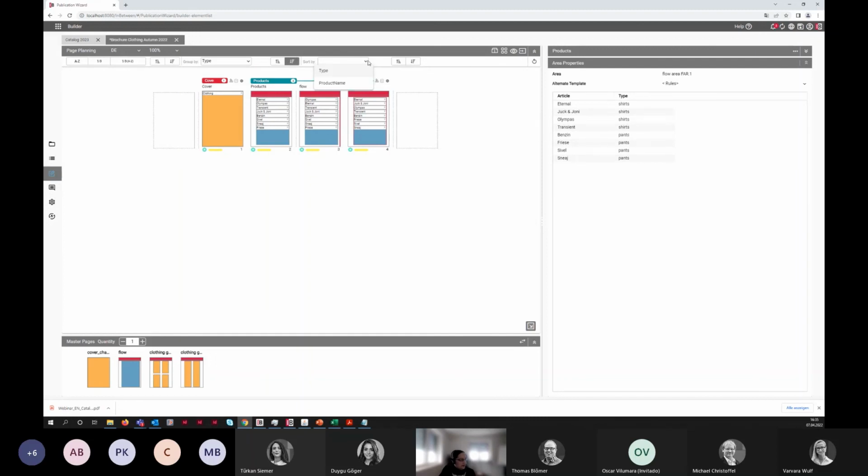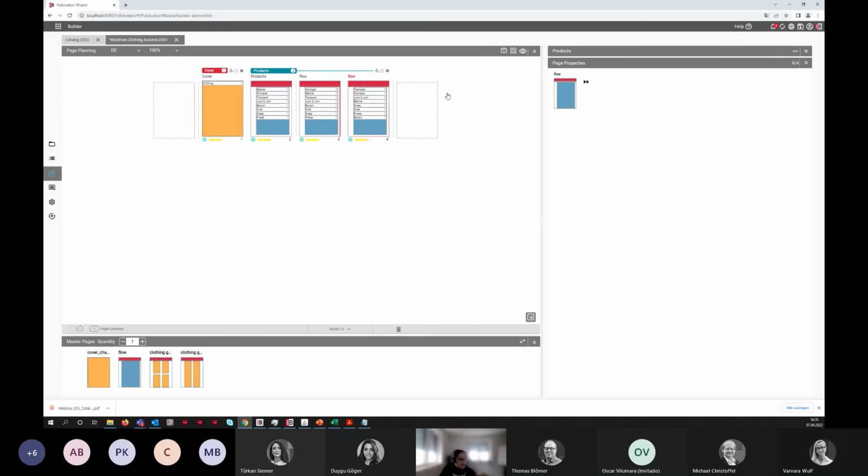And then we can, within these groups, we can also just sort them alphabetically. Let's also make it the other way around. So we have first our shirts as we defined, and we're starting with the transient. And then we are starting on the pants actually. And like this, you can very easily, I mean, right now it's only 8 products here, but you can do this with a lot of products. So you can add either by drag and drop or whatever. You can